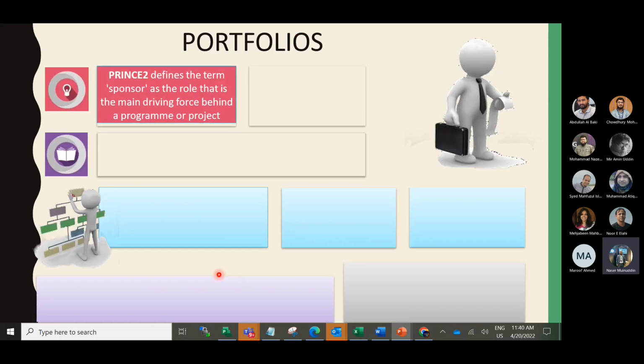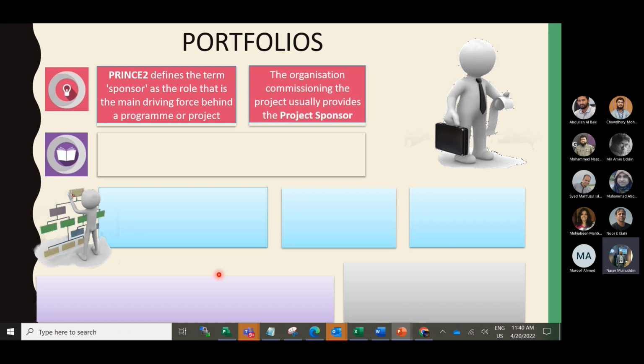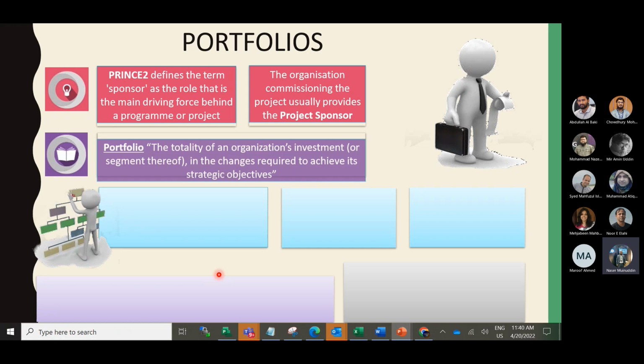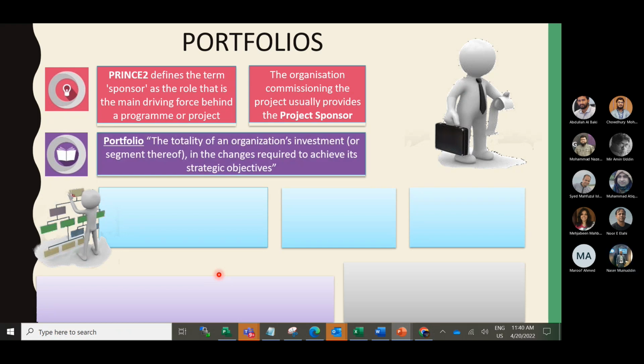Now, the portfolio. Prince2 defines the term sponsor as the role that is the main driving force behind a program or project. We have a similar setup here with a sponsor who is the interface with the customer, and the project commissioning usually provides the project sponsor. The portfolio is the totality of an organization's investment in the changes required to achieve its strategic objectives.